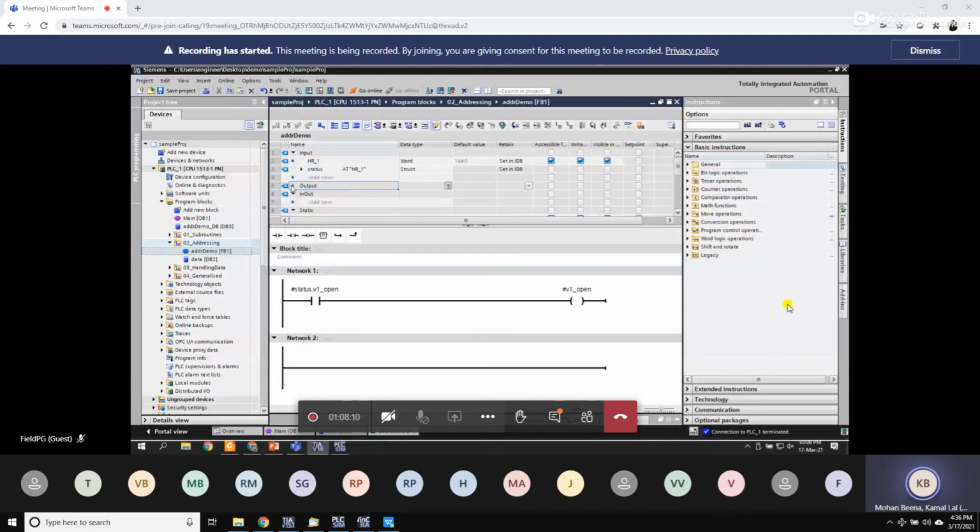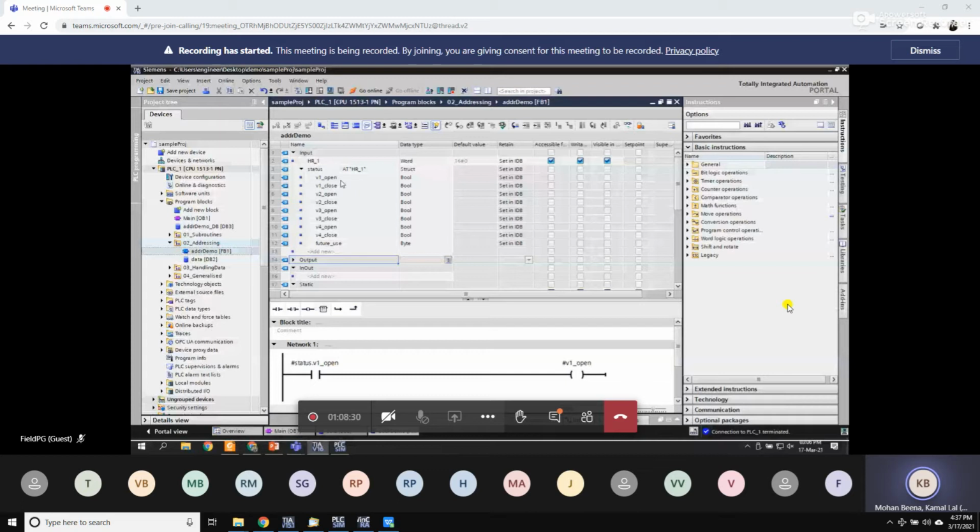Right now, what we did was use a structure, because we wanted to group some data. For example, in this particular case, I wanted to group all valve status and a particular byte together. That's why I created a structure here. This is totally okay, but if I want to reuse the same structure somewhere else for some other variable or some other case, then I have to copy paste one by one, or retype and reuse this everywhere else. So instead of doing that, let me show you another concept that is possible here,